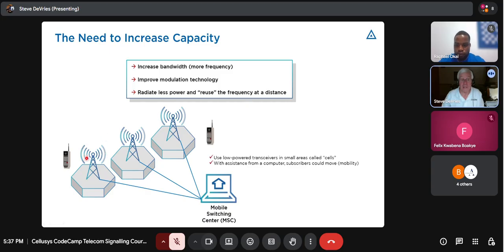If you don't emit as much power here, if you blast power out here, it's going to bleed over to here. But if you limit the power here, the frequencies that are assigned to that area, which is called a cell, could be used at some other distance. Now remember, radio waves don't follow a neat hexagon. Radio waves are very imperfect, and sometimes they bleed over from cell to cell. So you would not want to use the same radio frequencies in this cell right in here, because at the edge of the perimeter of that cell, you could bleed over into someone else's radio signal. So let's take a look at